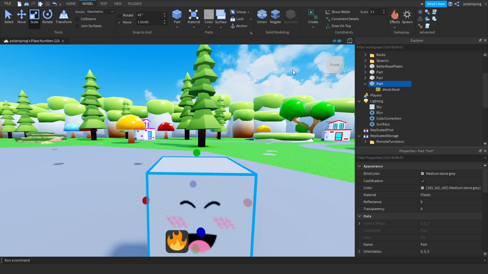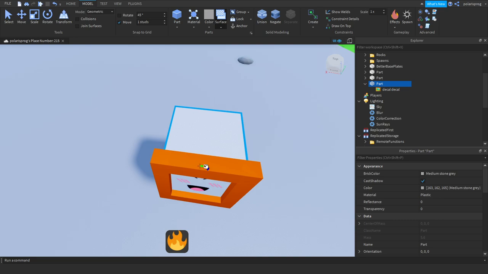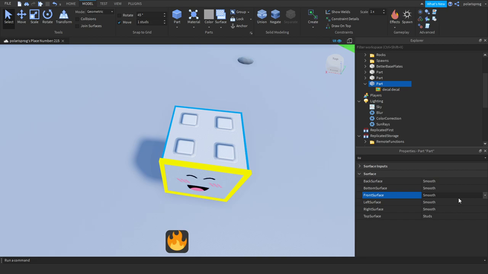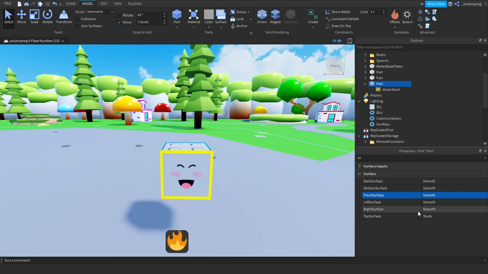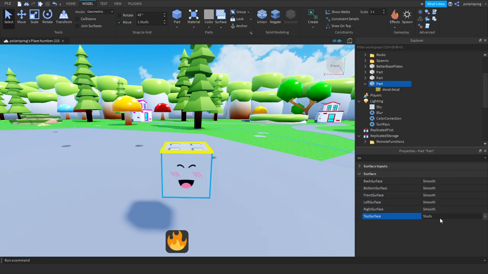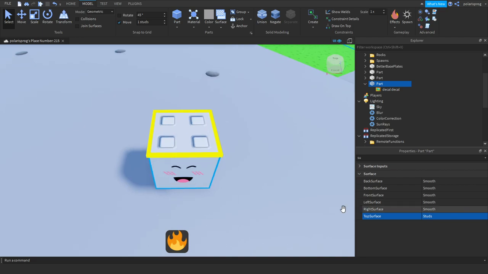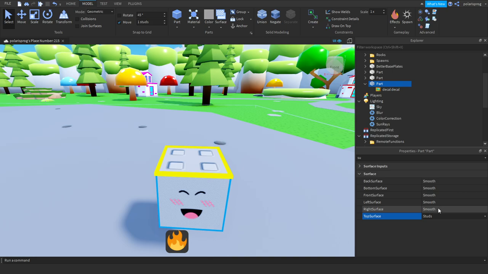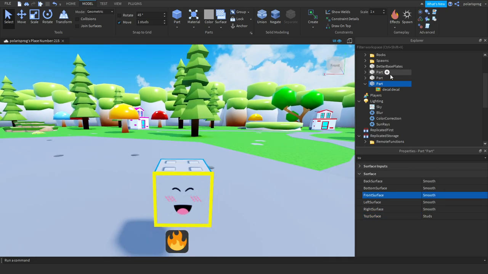So go to model and go to surface, and you want to select studs, and you just want to select some random face on your pet, and just deselect this and go to surface in the part and go to the front surface and make sure just select it. And I'm going to also set this to, I don't know, I'm going to keep it like this. So select your front surface, and then we're gonna add